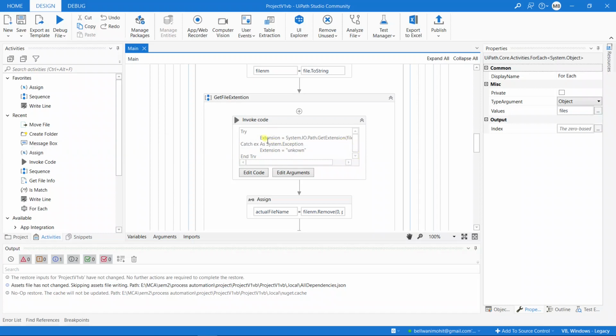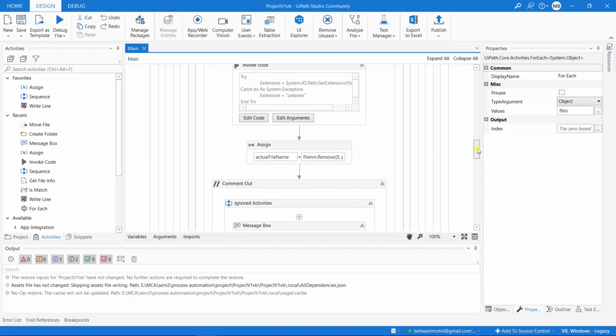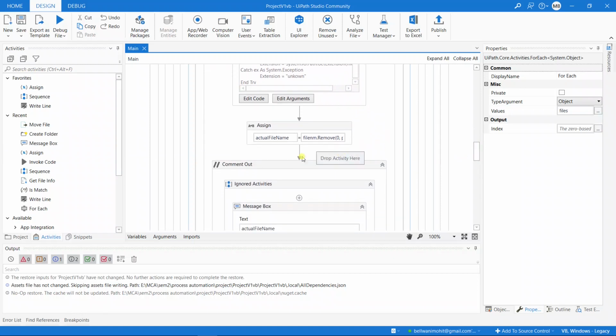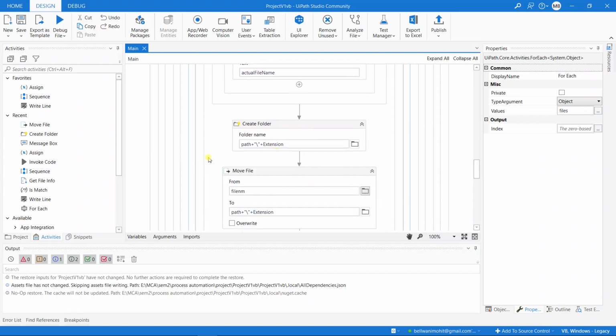This extension is now stored in the extension variable, which will be shared in UiPath. Now we get the actual file name, where we take the file name and remove the extension part of it so that we get just the file name and not the extension.